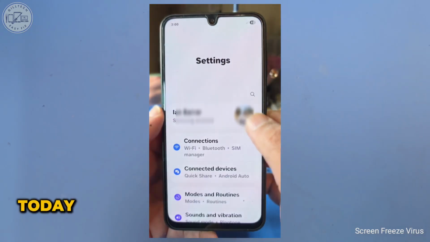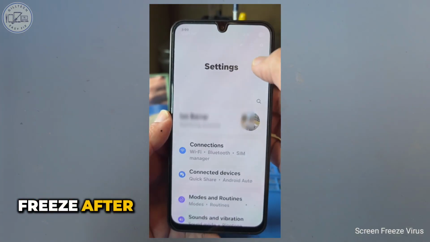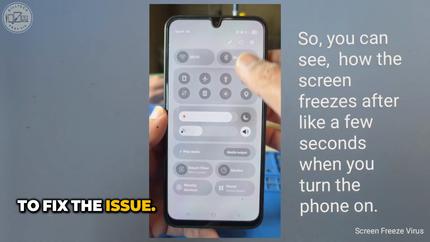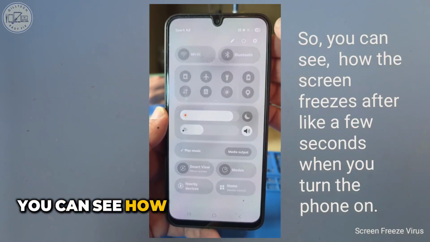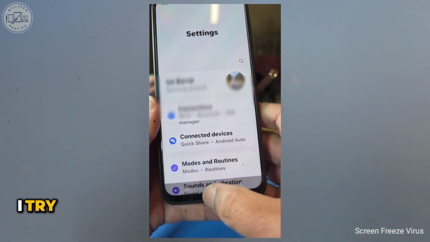Hello friends, today we have a customer with a very strange type of virus. The screen freezes after a few seconds. So I tried too many methods to fix the issue. You can see how the screen freezes after like a few seconds when I try to turn on the